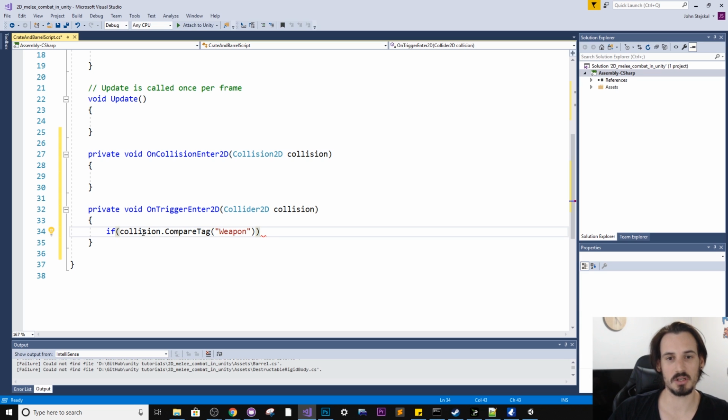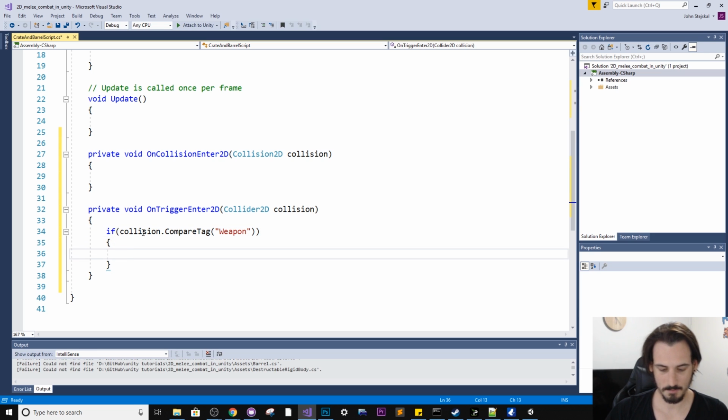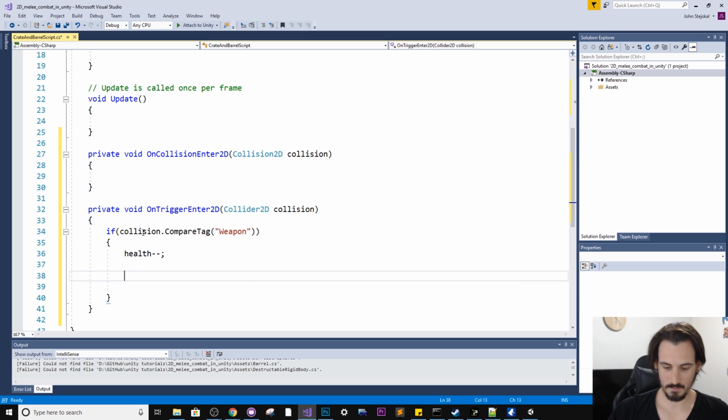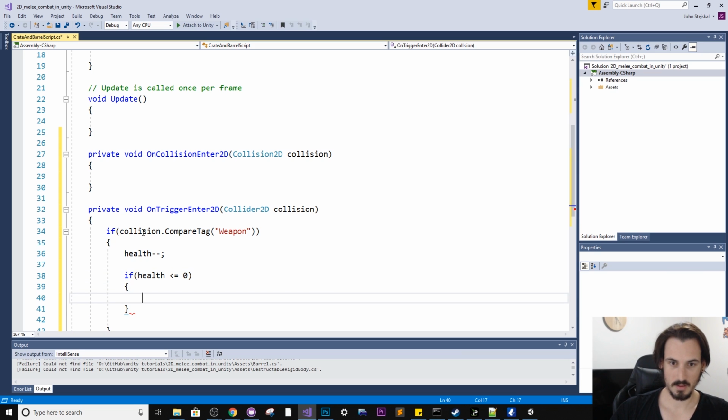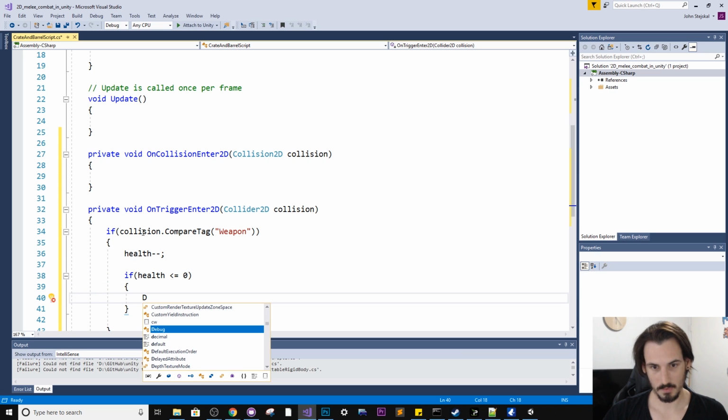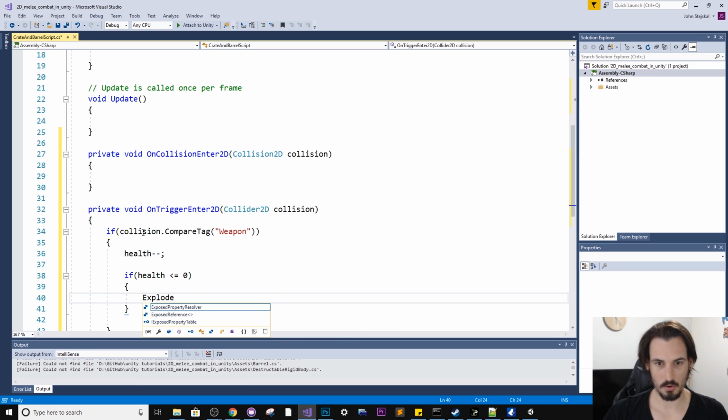So if the collision object colliding with the barrel has the tag of weapon, then health minus minus, so our health is decreasing, and we'll say if health is less than or equal to 0, then explode this